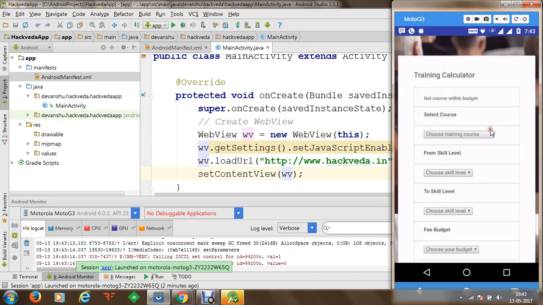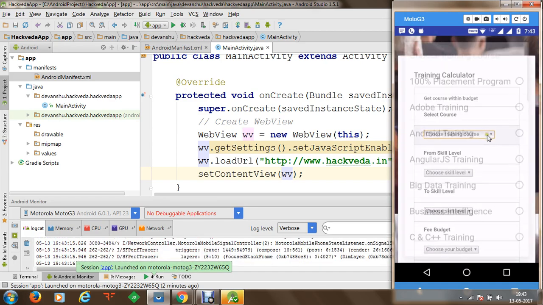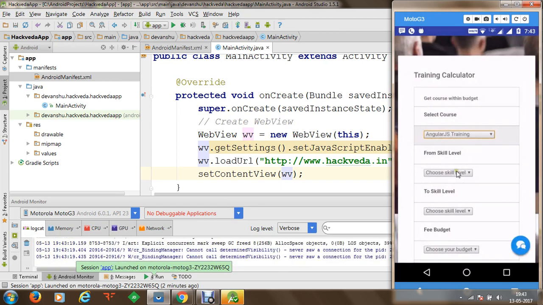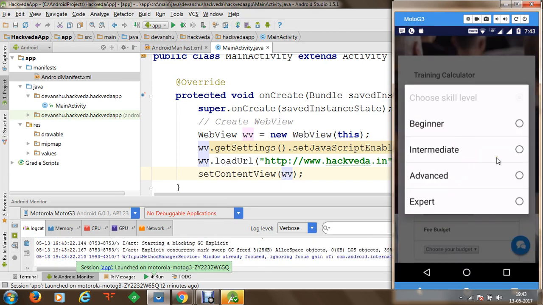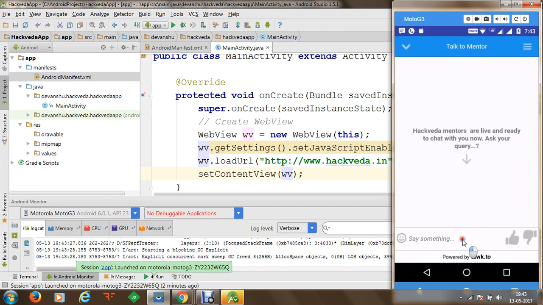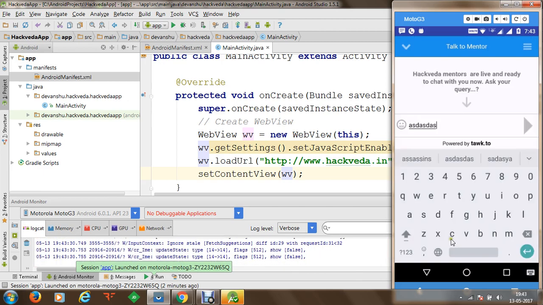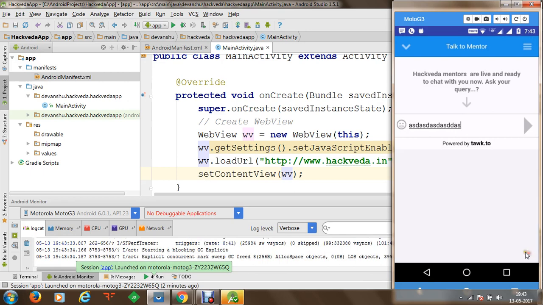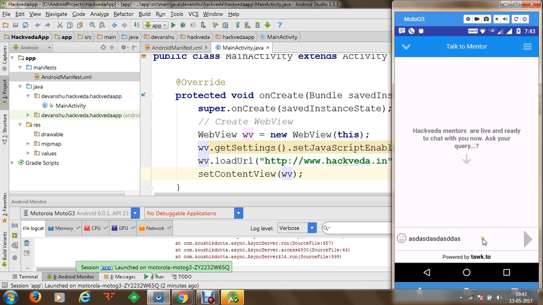Now whatever the functionality of my website is, that website will actually work as an application within my mobile device. Let's say if I have a chat section on my mobile, I can click on it, I can continue chatting with someone whom I want to chat with on that particular website. So once we press enter, the things are done in this way.